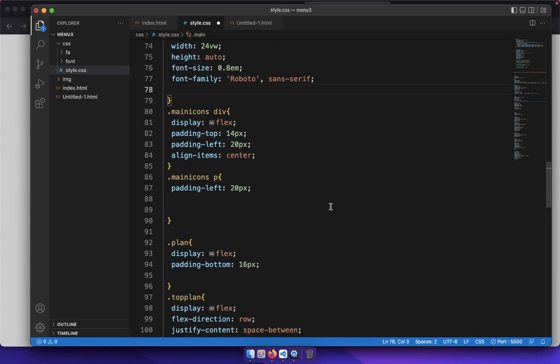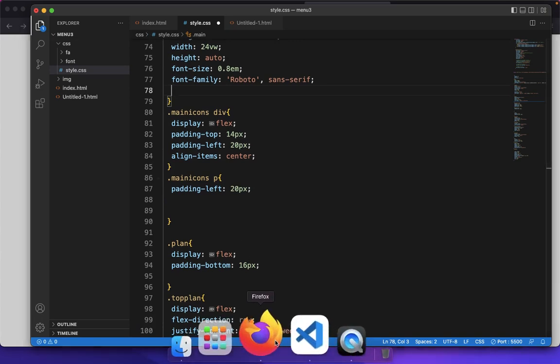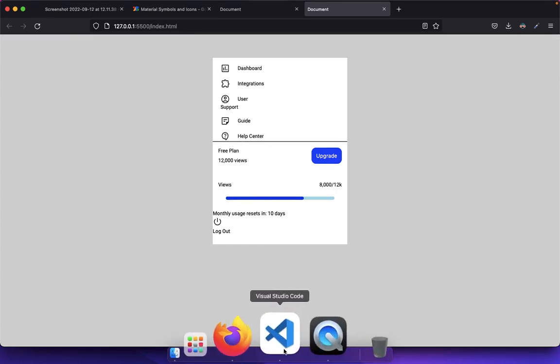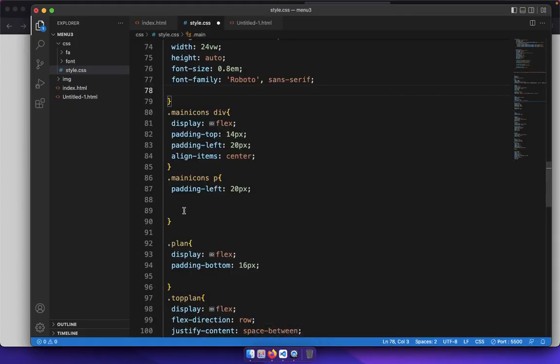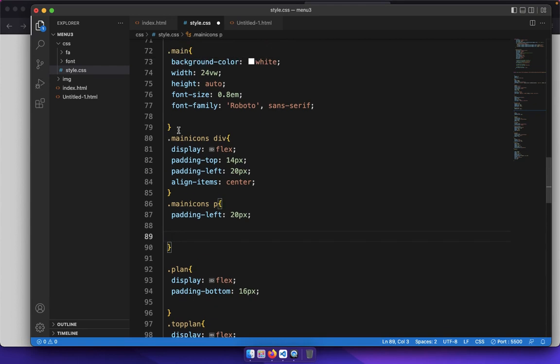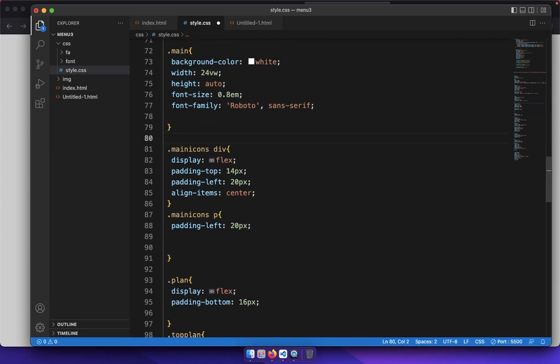Main icons, main div. How am I going to adjust this? Okay, HR, first HR. Just write it like this. Within HTML, every HR element should have